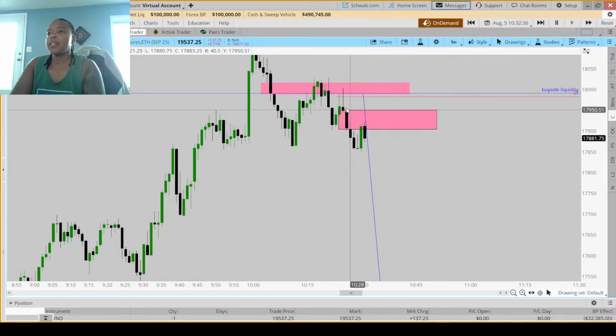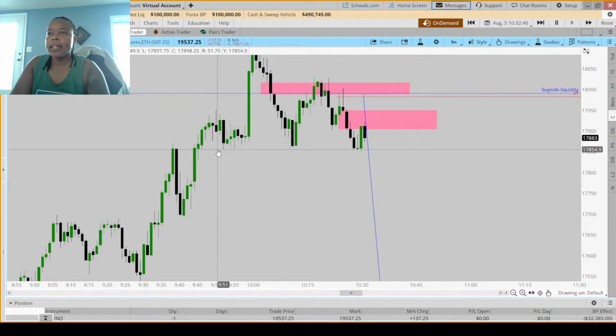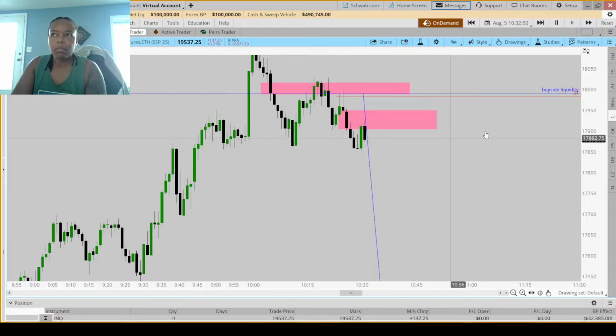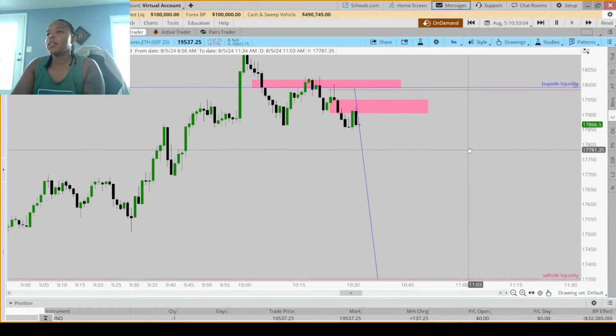I want to see it respect this order block and the fair value gap that's in it. I need it to drop below here with some strength. So I don't like that it closed sort of weakly under here, right? You're absolutely right. I wouldn't have lost at that point because I'm looking for one good trade a day. Lock it in, keep it moving. That's what I'm looking for.